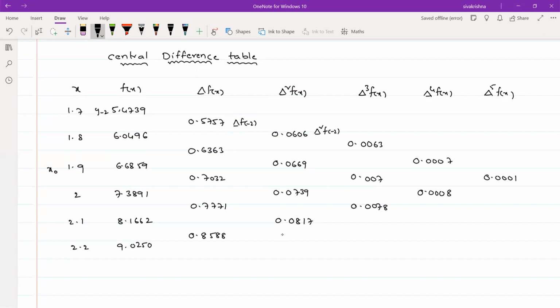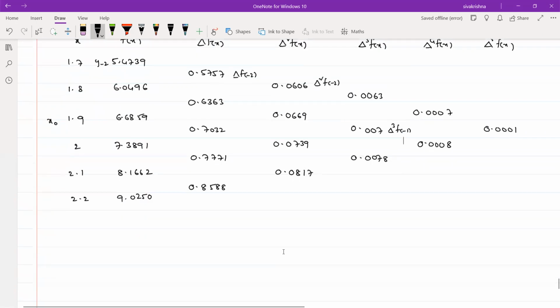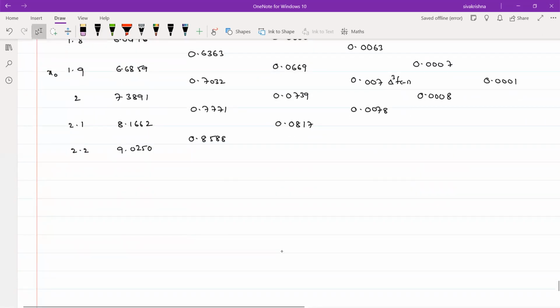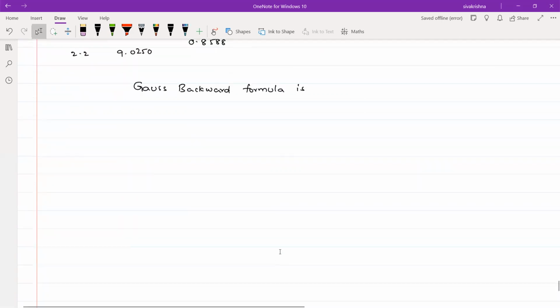So the name of the second term in the third difference is delta cube f of minus 1. Since the first value is f of minus 2, the second value is f of minus 1. Now we have to write the Gauss backward formula. Gauss backward formula is f of u is equal to